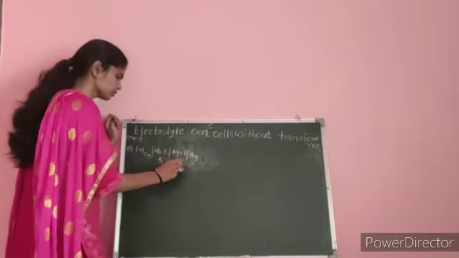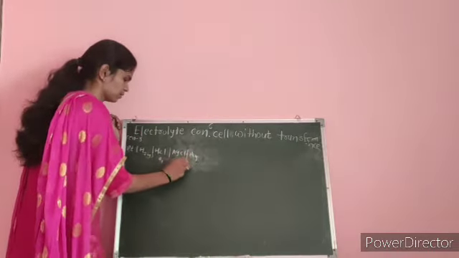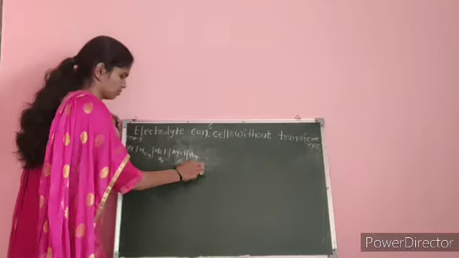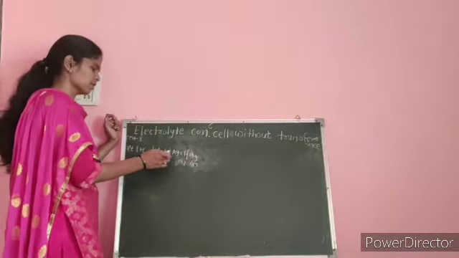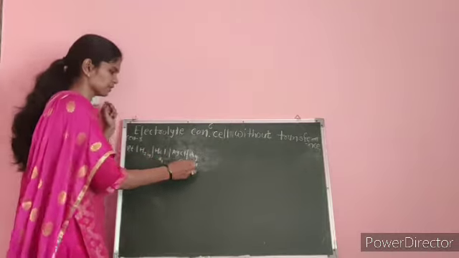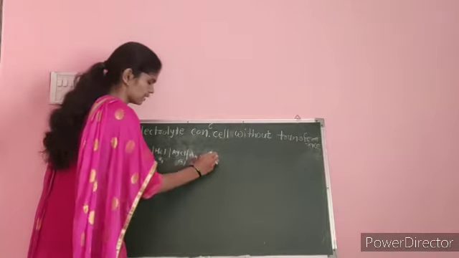Okay, this is first cell. Okay, then first cell is combined with second cell, that is second cell is Ag